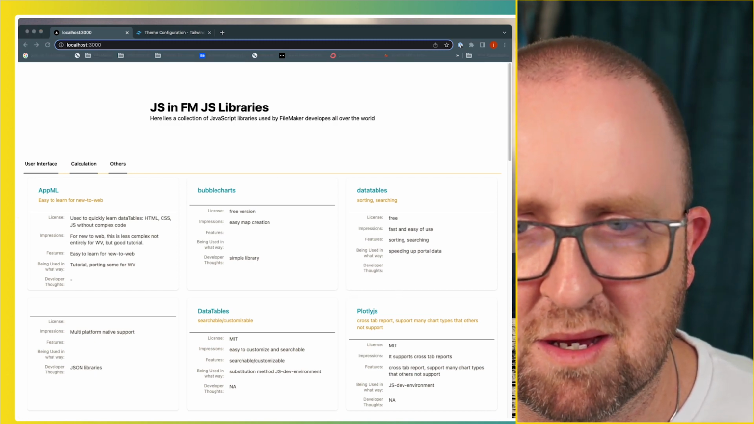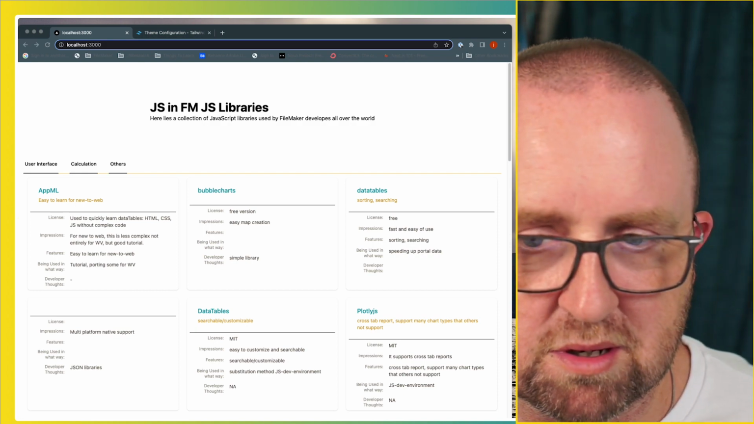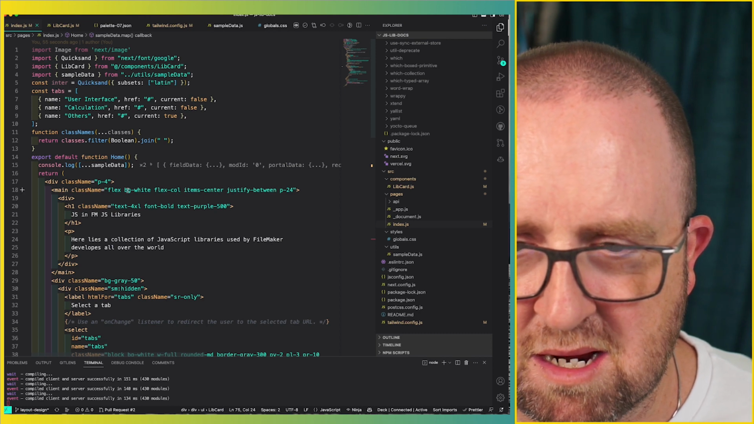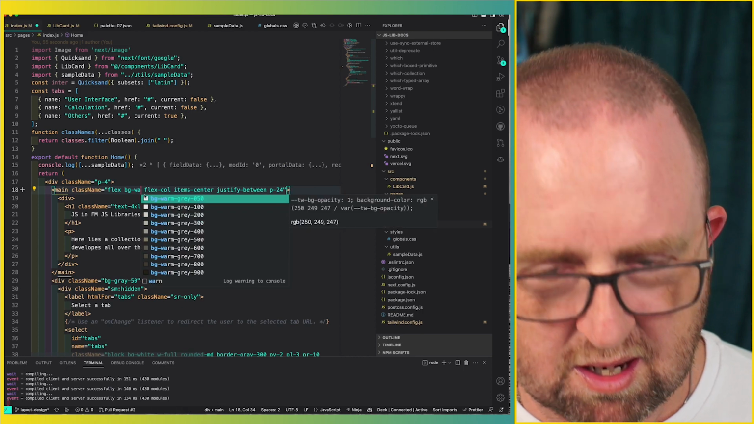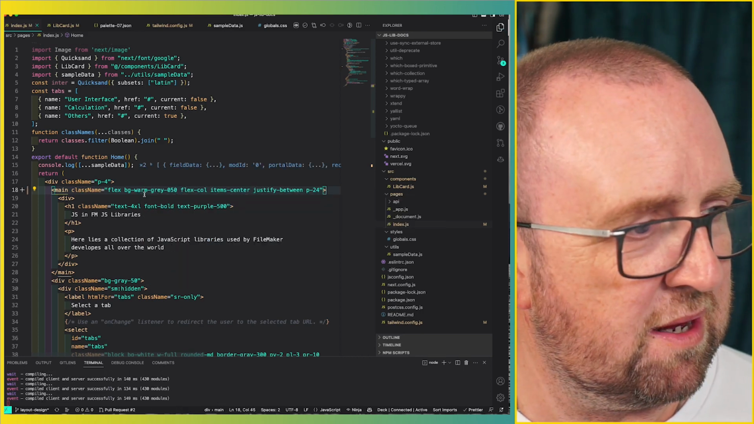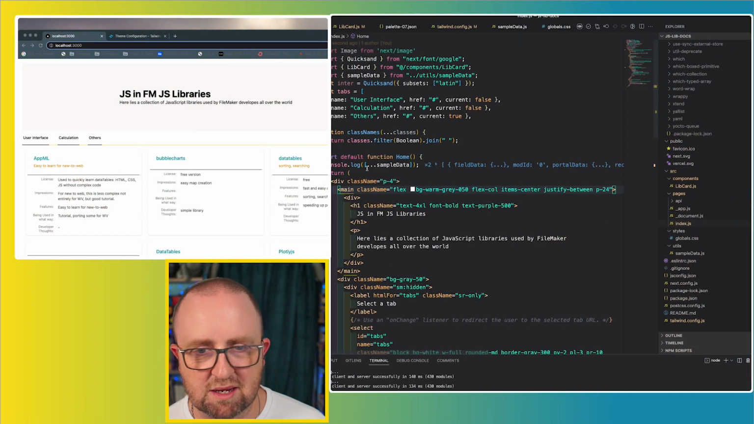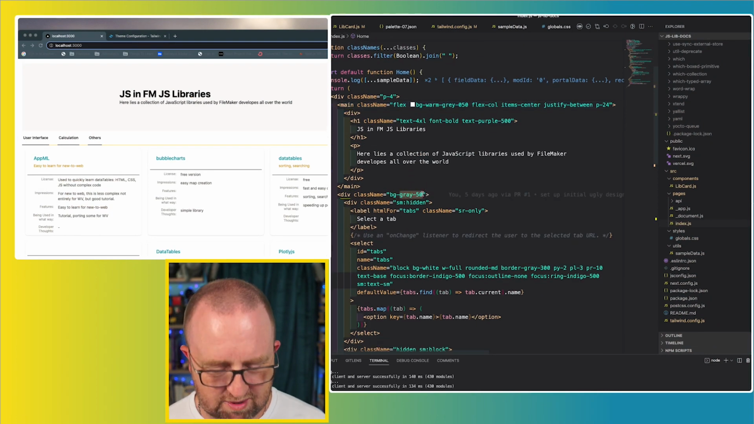I need a background. Where's my background? Okay, so my background color is that's the main BG white. I could do BG warm gray 50. Gives it a nice shade there. And then here, BG